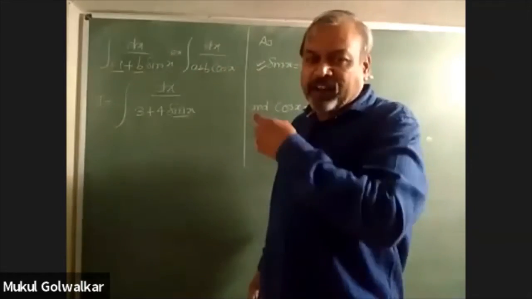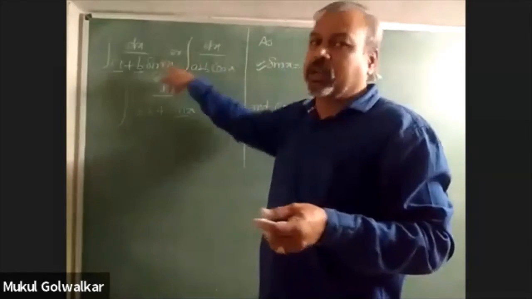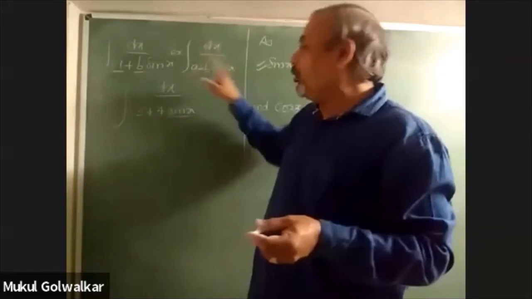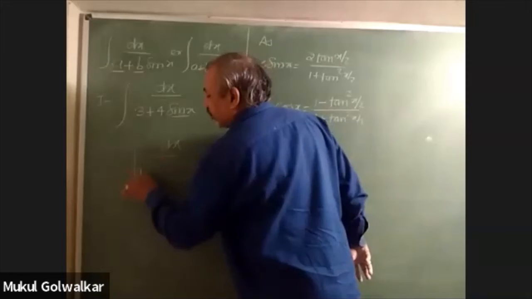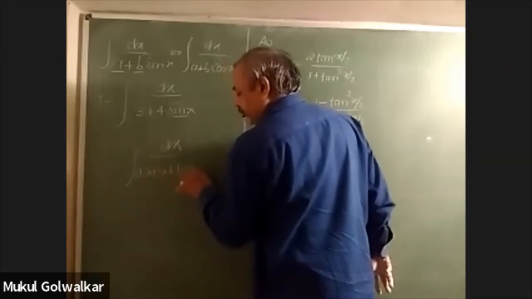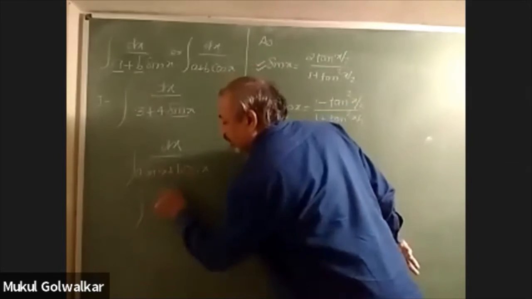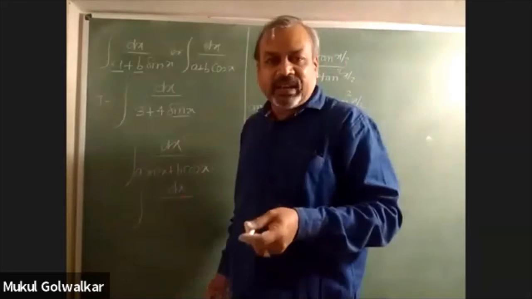Today we have written 12 varieties of the question. So these two are in those 12 varieties. And after this, I think you will be having the formula like dx upon a sin x plus b cos x. Yes, sir. That and linear by quadratic is left. Linear by quadratic, I said tomorrow I will be doing that thing.